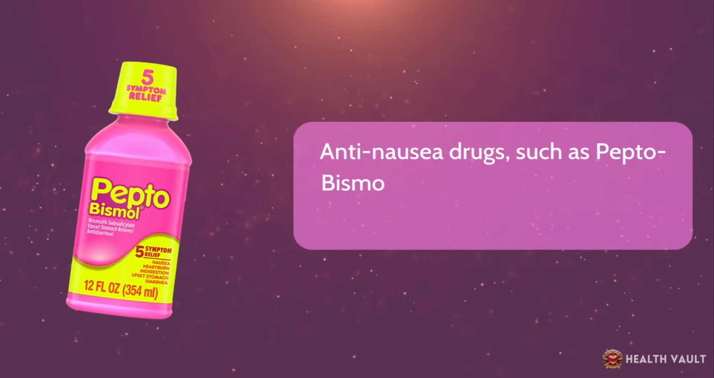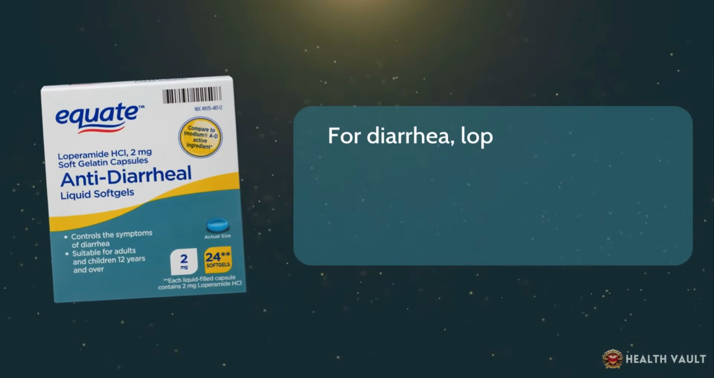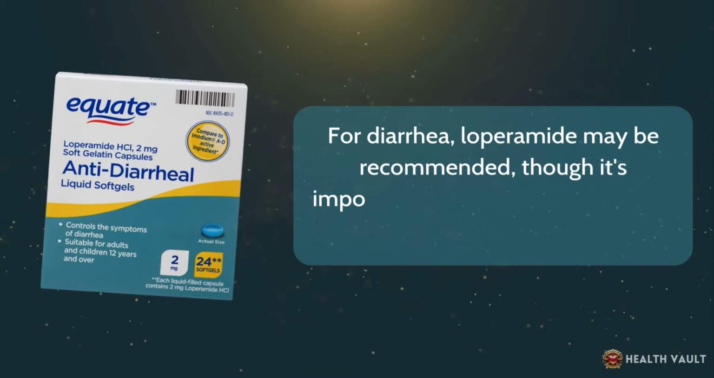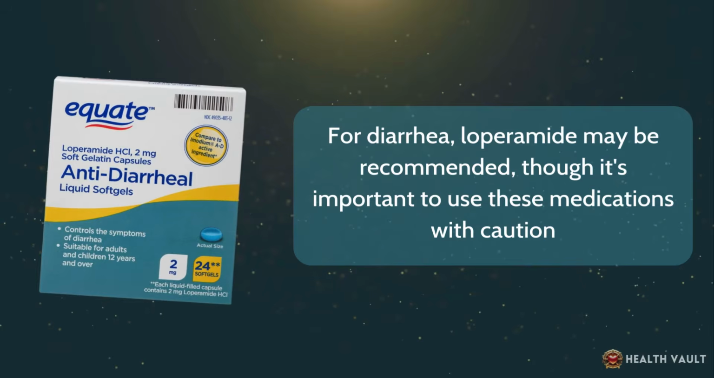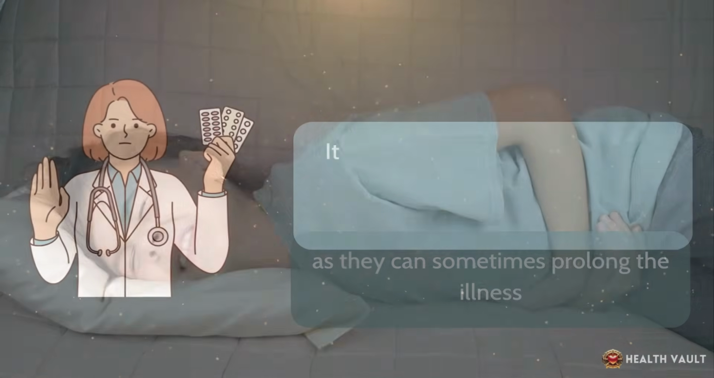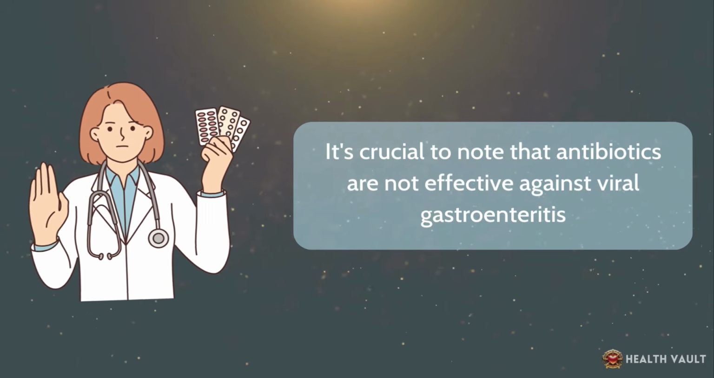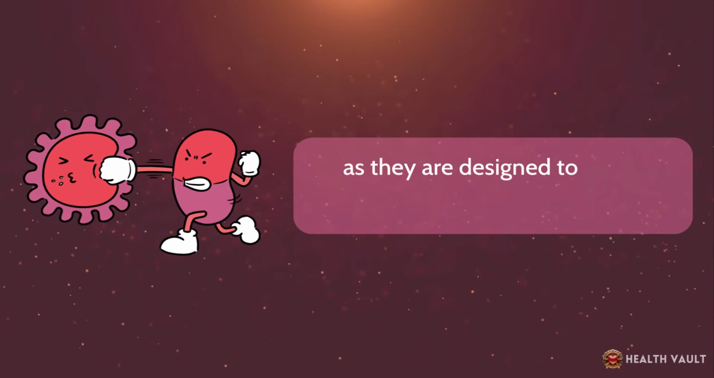Anti-nausea drugs, such as Pepto-Bismol or Zofran, can help control vomiting. For diarrhea, loperamide may be recommended, though it's important to use these medications with caution, as they can sometimes prolong the illness. It's crucial to note that antibiotics are not effective against viral gastroenteritis, as they are designed to target